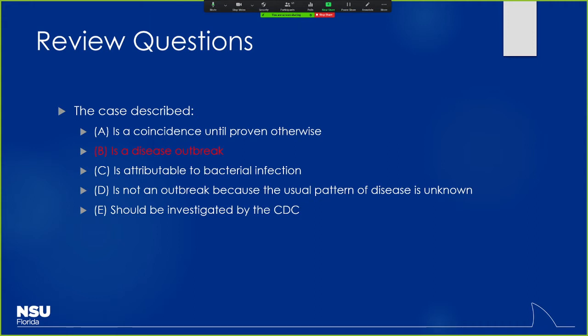Now, why could we not necessarily attribute it to a bacterial infection? Could be viral. Could it be that someone had spiked the salmon mousse with arsenic in a bid to knock off some politicians? Perhaps, right? So there's all kinds of things that it could be. You don't want to paint yourself into a box and say, oh yeah, it's definitely bacterial, right?